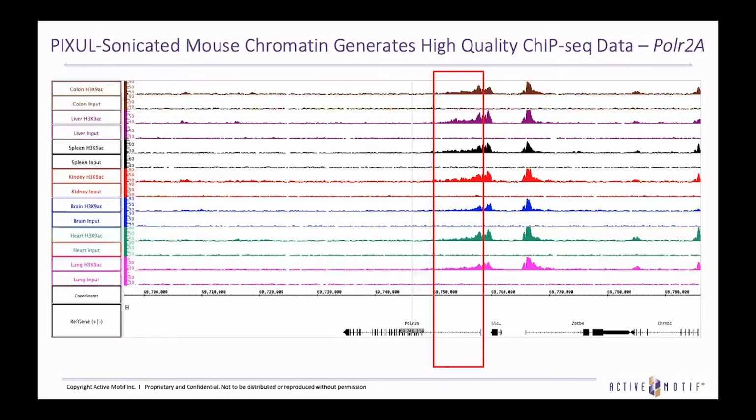We then did the same thing in mouse. Here are all the mouse tissues that we tested. What you can see again is there's really nice H3K9 acetylation at the promoter for RNA Pol2, which is great, as we expect. And same as before, RNA polymerase 2 is necessary for transcribing genes in cells, so we expect